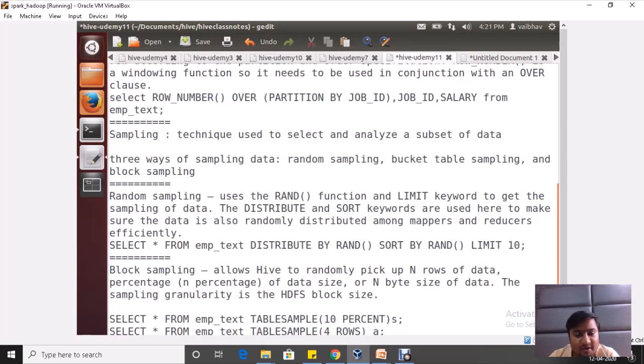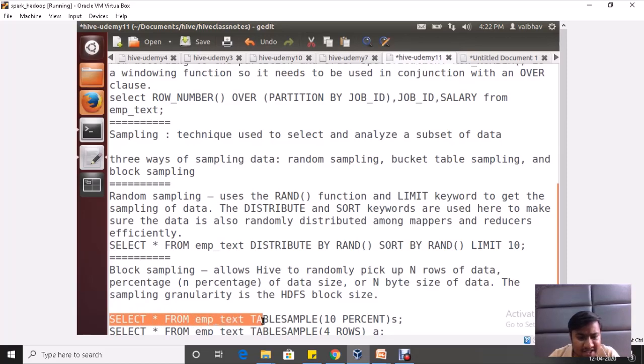So suppose you have 128 MB of data, you can mention n bytes of size of data, and you will get that amount of data in your output. Also, instead of mentioning n bytes, you can mention the same thing in percentage. So 10% of data or 20% of data. If I've got 100 MB, I'll get 10 MB as my sample data.